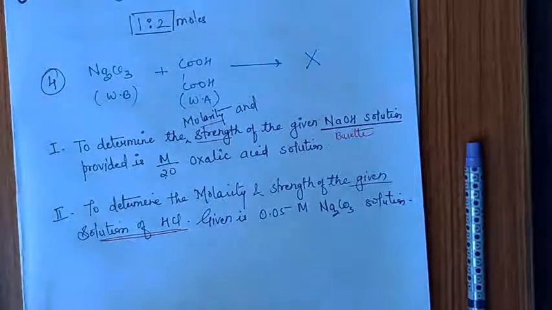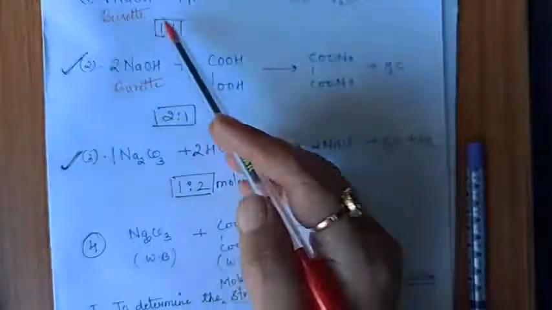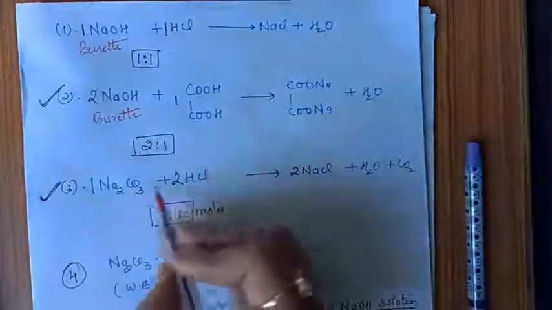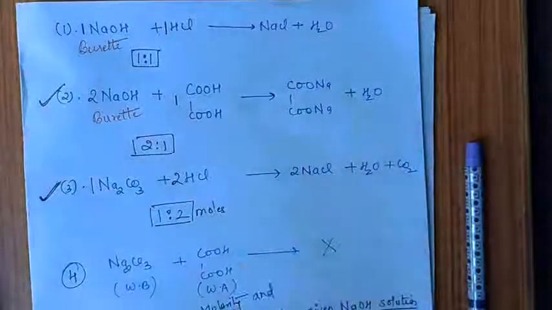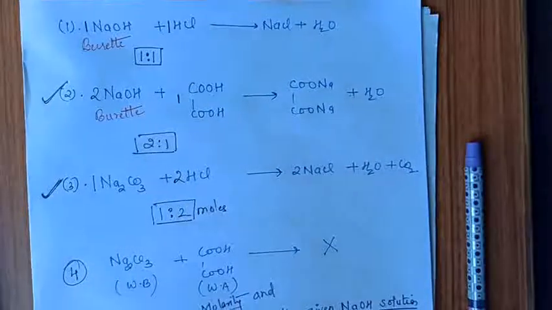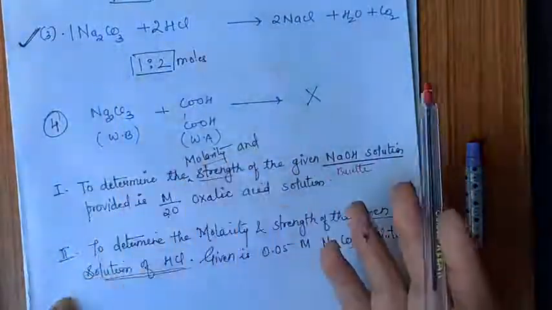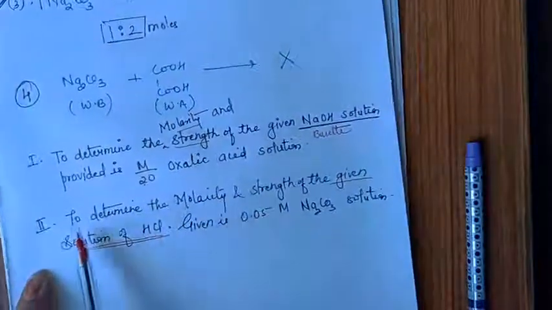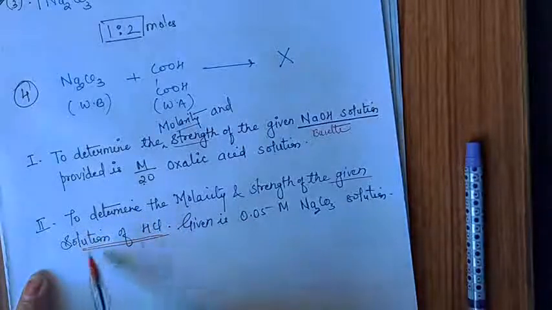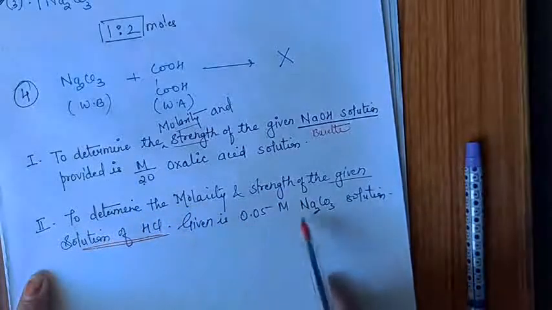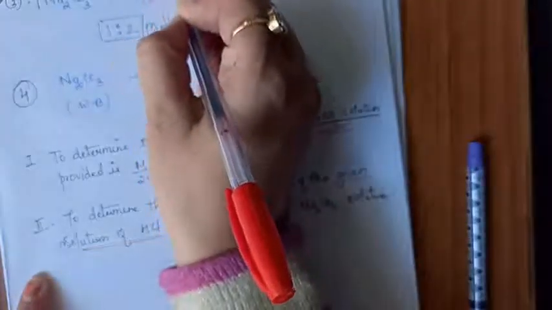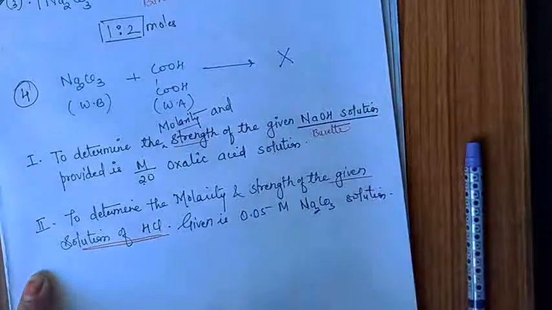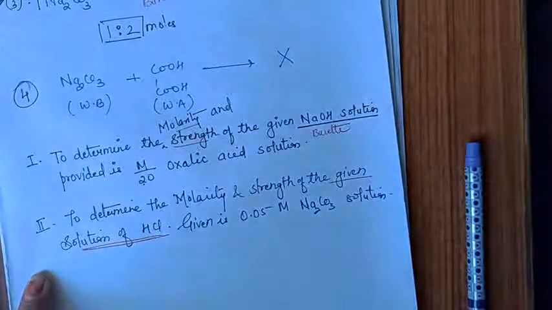So whatever two titrations I told you, if you are doing NaOH HCl or NaOH oxalic acid, always fill NaOH in the burette, and if you are doing sodium carbonate HCl, both of them can be filled in the burette। दोनों को ही आप ब्यूरेट में ले सकते हैं। ठीक है, आप जिसको भी ब्यूरेट में लेते हैं उसके according मिथाइल ऑरेंज कलर चेंज करेगा, वो मैंने आपको पहले ही बता दिया था। बट हमारा जो एम है, इस एम को अगर हम पढ़ें, सो यहाँ पे क्या पूछा है, HCl का मोलारिटी और स्ट्रेंथ निकालो। So according to this aim HCl will go in burette। अगर आपको उल्टा क्वेश्चन दिया होता कि मोलारिटी और स्ट्रेंथ सोडियम कार्बोनेट का निकालिए और गिवन होता HCl, सो आप सोडियम कार्बोनेट को भी ब्यूरेट में लेके vice versa टाइट्रेशन कर सकते थे,